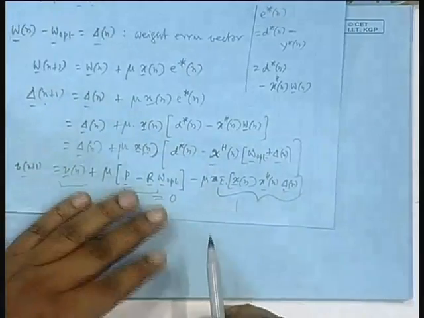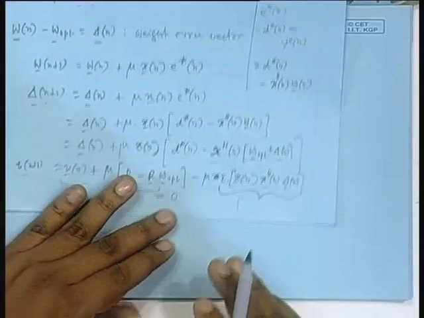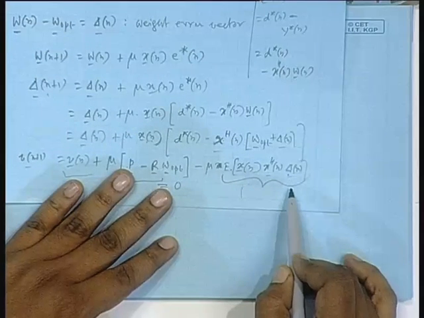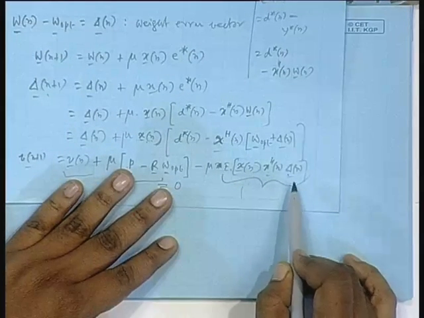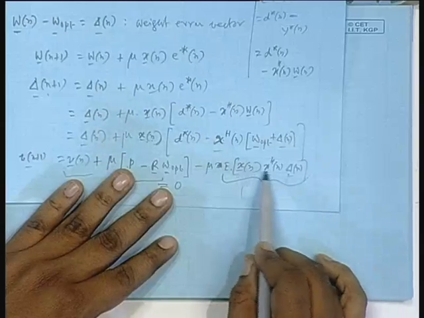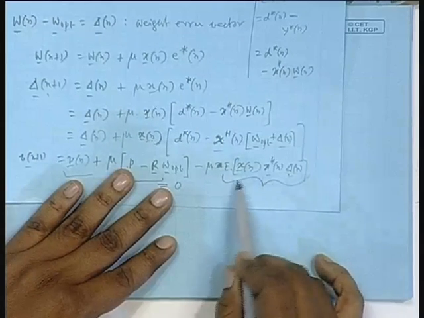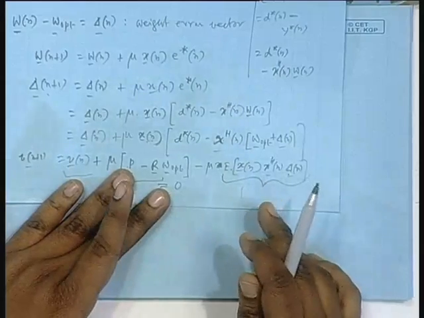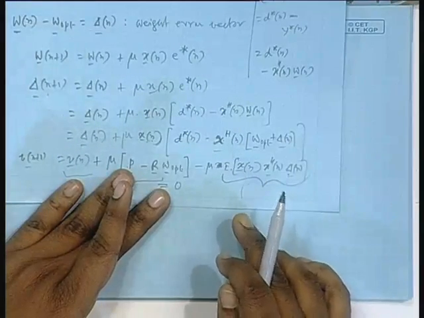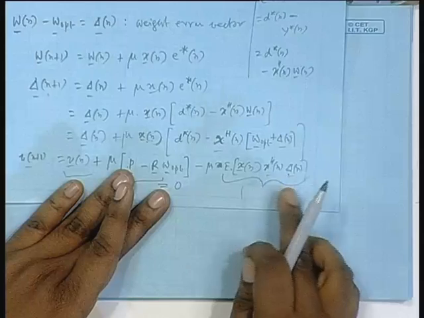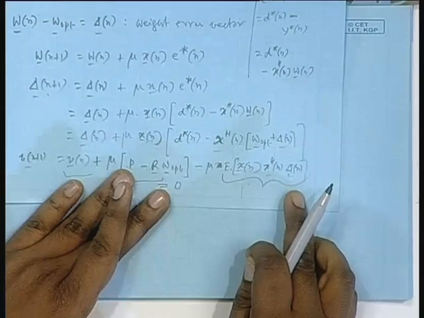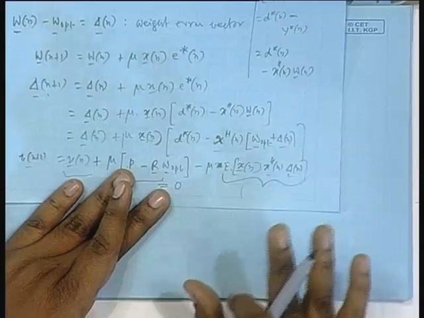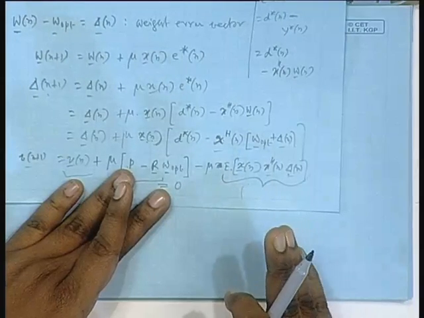If, on the other hand, you assume statistical independence, see why independence and why not uncorrelatedness? Because delta n has got W n vector, but this matrix will consist of products, x n x Hermitian, will consist of what? Products of data of the same x n vector. So, two terms multiplied by, say, a W n component, expected value of that typically, isn't it? So, uncorrelatedness will not work, which I told you.